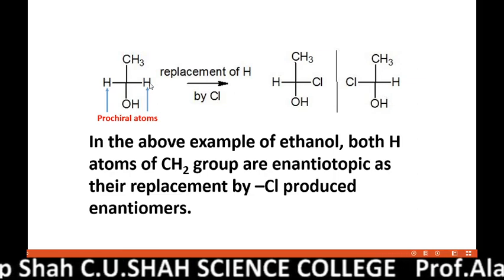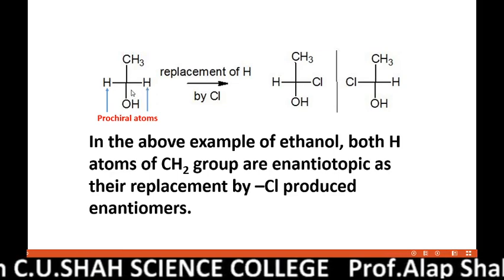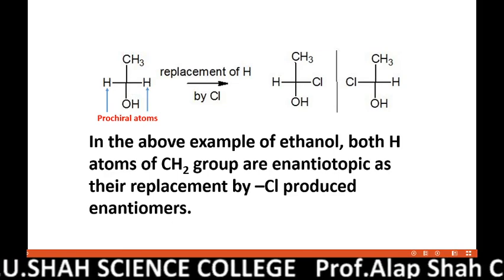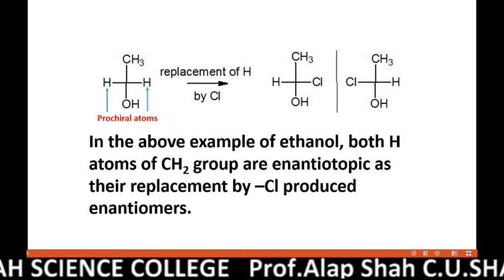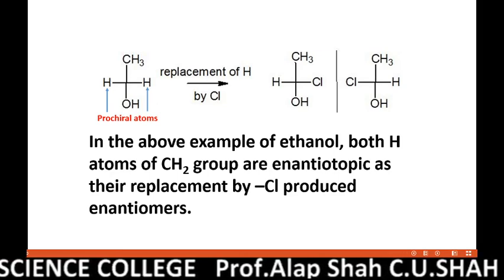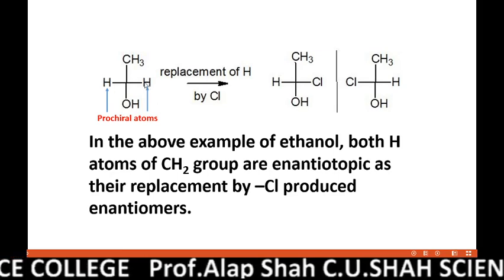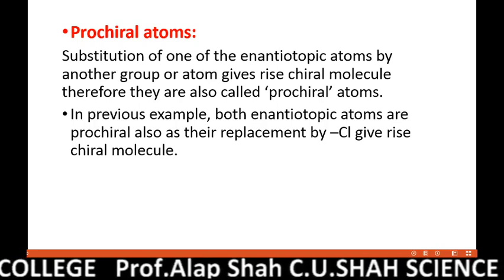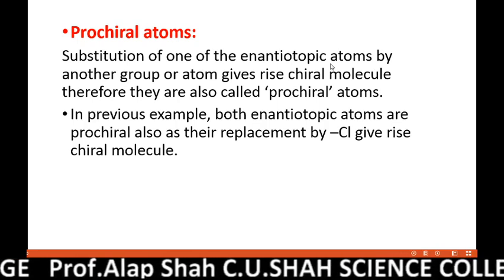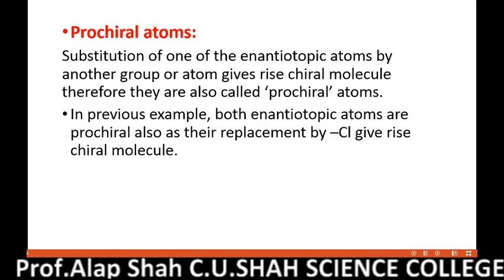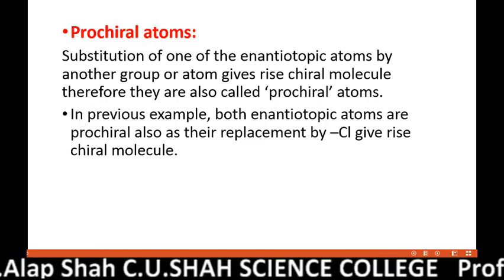So such atoms in the original molecule which are not chiral, but their displacement by some other group or atom gives rise to an element of chirality, are called prochiral atoms or prochiral groups. So let us read the definition. Substitution of one of the enantiotopic atoms, it could be diastereotopic also, by another group or atom, if it gives rise to a chiral molecule, then they